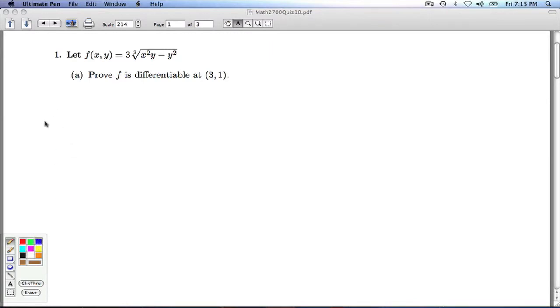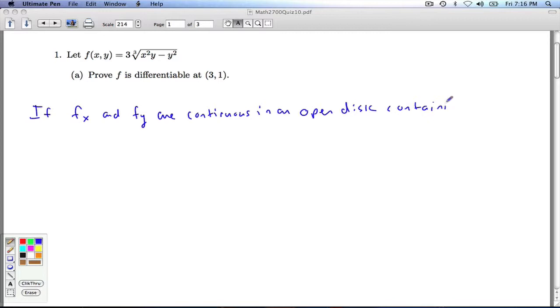We have a theorem that says if fx and fy are continuous in an open disk containing x naught, y naught, then f is differentiable at x naught, y naught. Okay, so